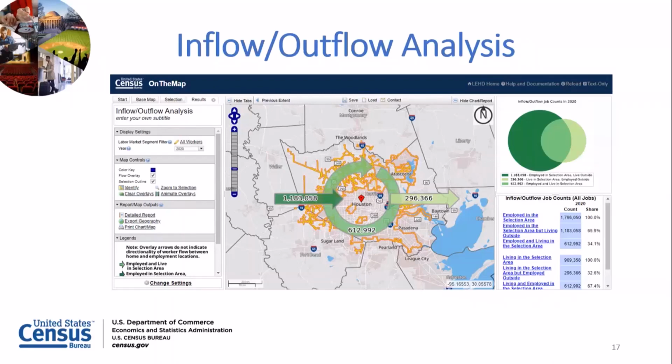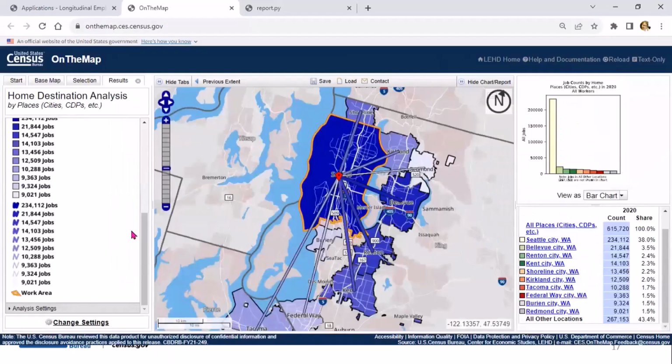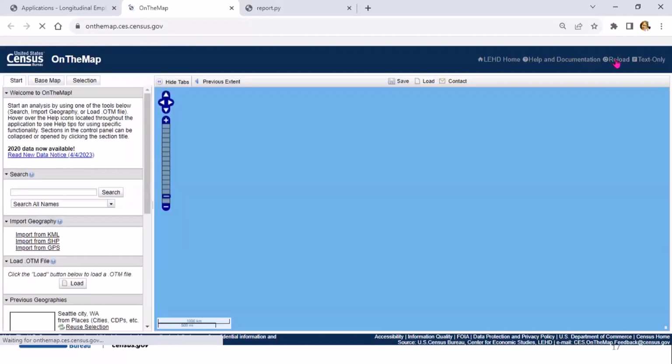So let's go live to do this, and I'm going to show you something. Here in the right-hand corner, there is a reload button. You can click on that, and that'll give you a clean map. And then in the search box, you guys have been doing this with me for a few analyses, so you know what to do now.